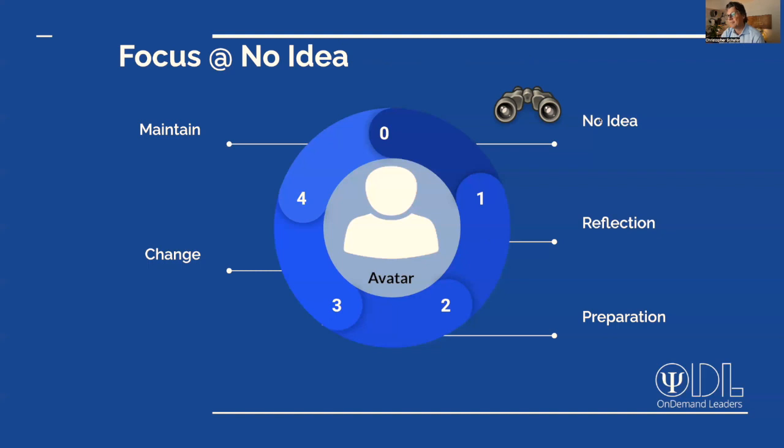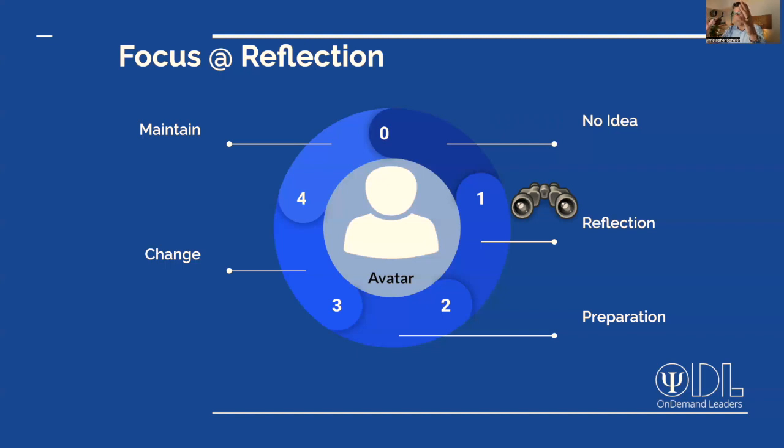Well, maybe our marketing team have done some work to understand where they are in pre-contemplation, but I'm saying right now, we don't really know. Let's just start with that, where their focus is. The focus, when you move down into reflection, changes. And the focus of the avatar is internal. Now, just stay with me for a second here. They move from having nothing to something's triggered, and immediately they look at themselves.